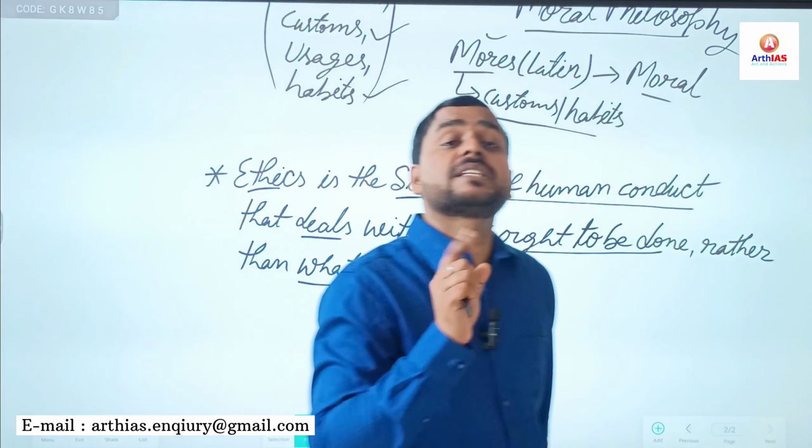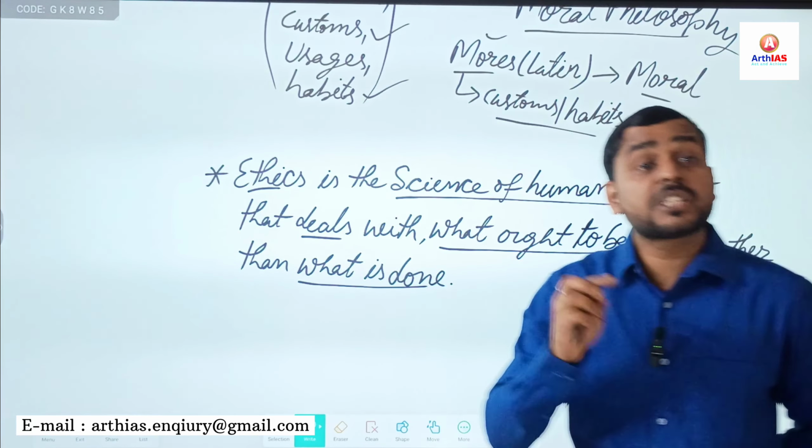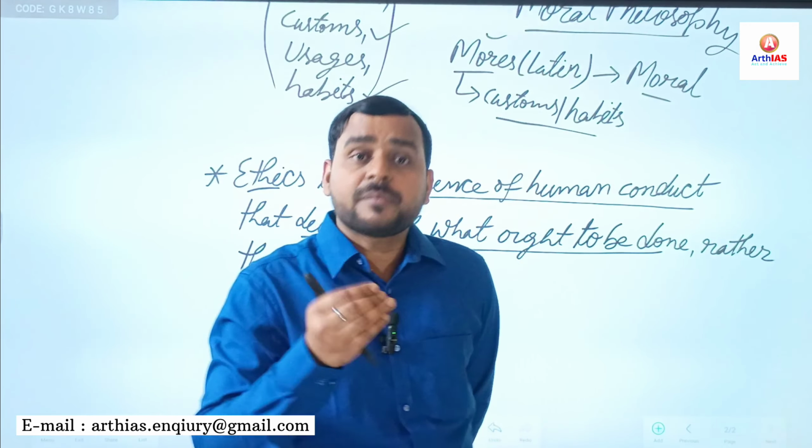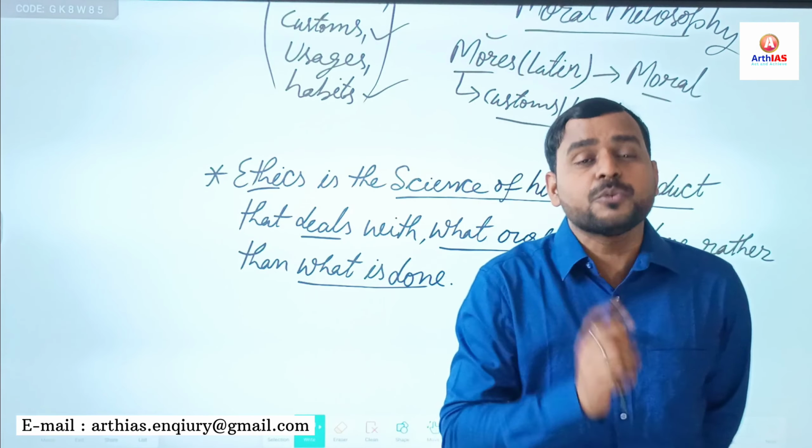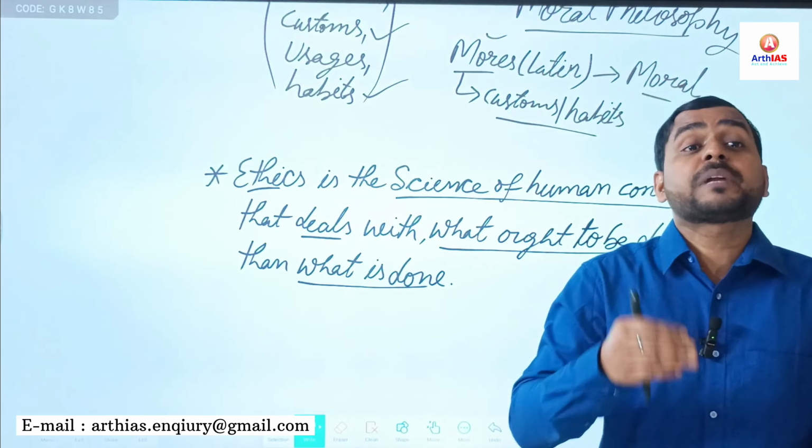So first, why is ethics called the science of human conduct? What is the meaning of science? See, when we talk about science, science is not restricted only to laboratory or experiments. Science simply means systematic and reasoned study of any field of knowledge that is based on logic, observation, and general principles. Right? That is the simple meaning of science. In that sense, ethics is also science. Why? Because there are certain principles that must be followed in ethics. Right? Again, we also apply our logic.